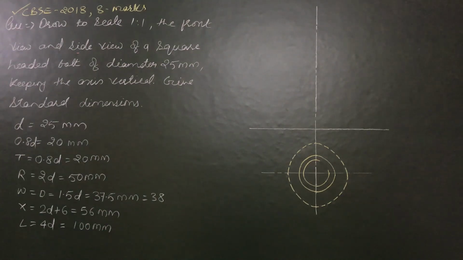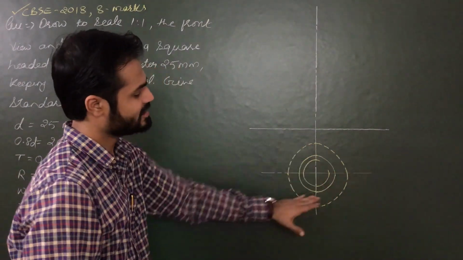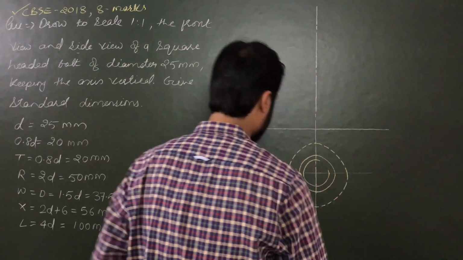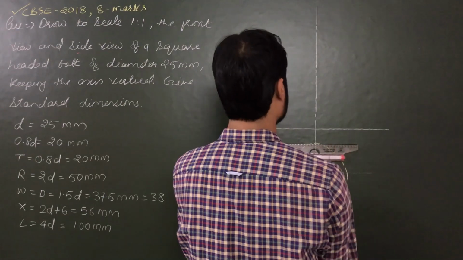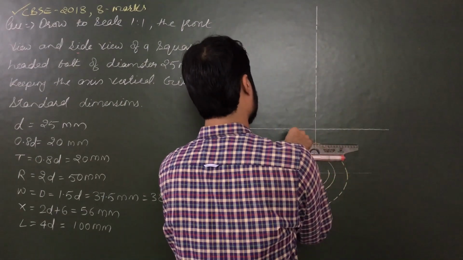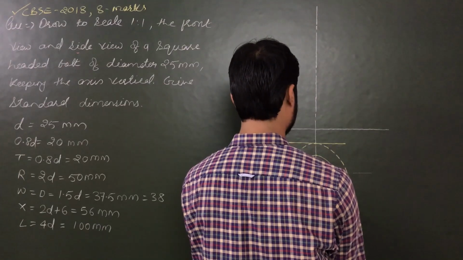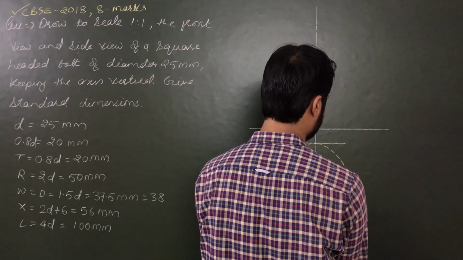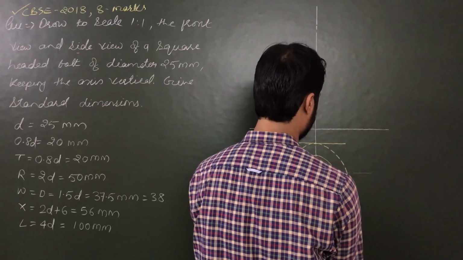circle. Next step, from all 4 corners of the circle, or all 4 intersection points, point of intersection of circle and central axis, we have to draw sides of the square. So from all 4 points, draw lines parallel to first and second reference axis, or parallel to and perpendicular to XY line.